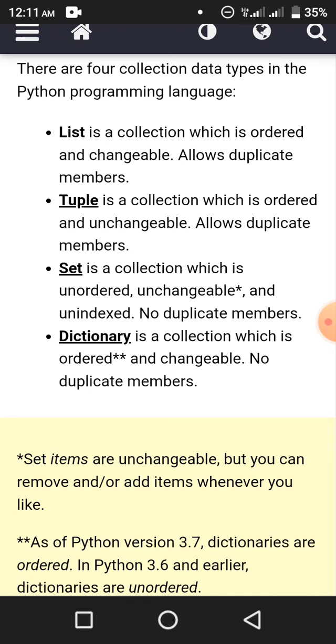So let me read that once again. Set is a collection which is unordered, unchangeable, and unindexed, no duplicate members. So let's read the footnote. Set items are unchangeable, but you can remove and or add items whenever you like. Okay,